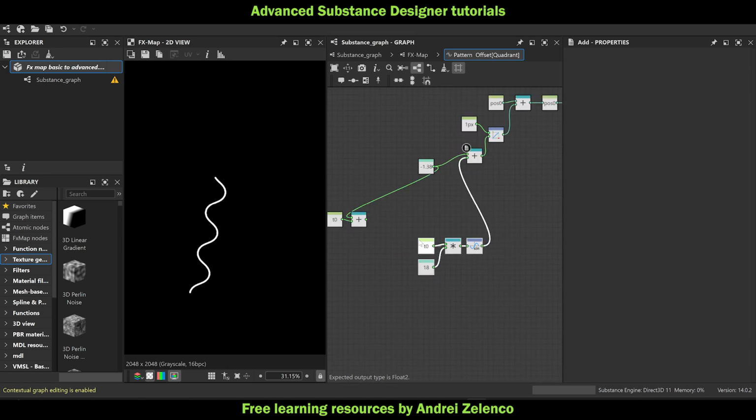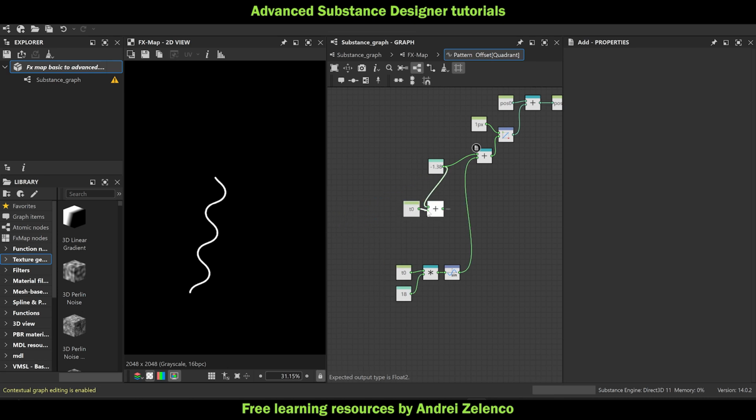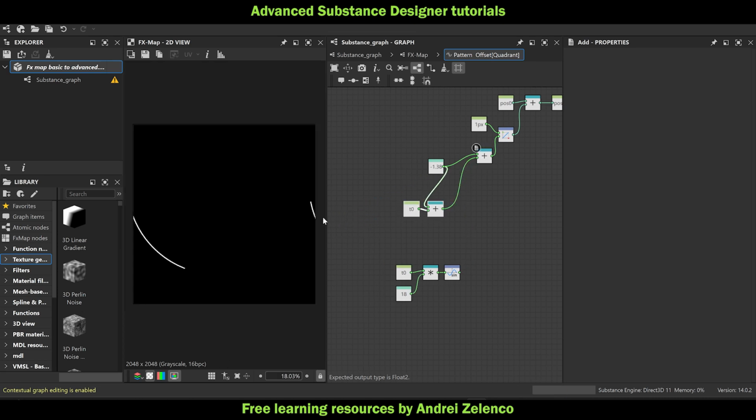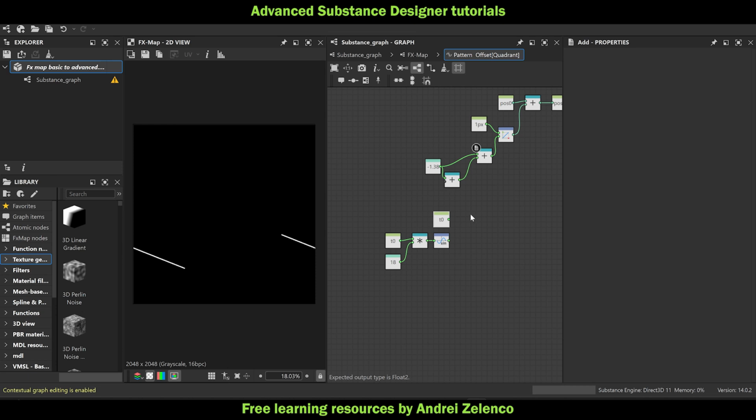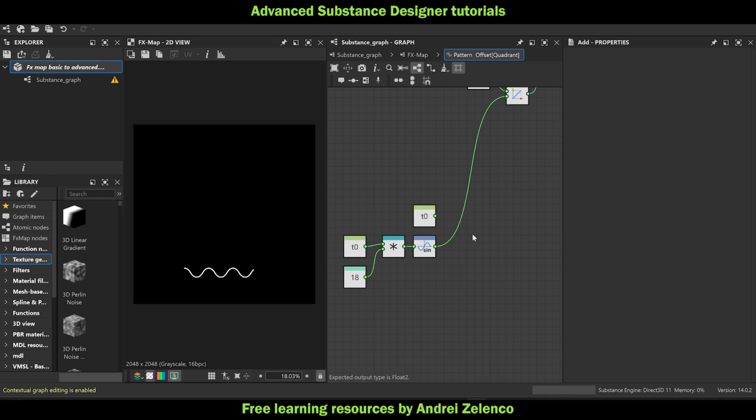But I want to blend between this and this. So you remember this was a curve, like so, and this was a wavy thing, and I just want to blend between these things. So let me do it like this, delete this part here, and I will be just blending between those two things. So remove this. This is curved down. This is the wavy part, and I want to make a transition between those two. So I can do a linear interpolation, which is just the blend node. So lerp